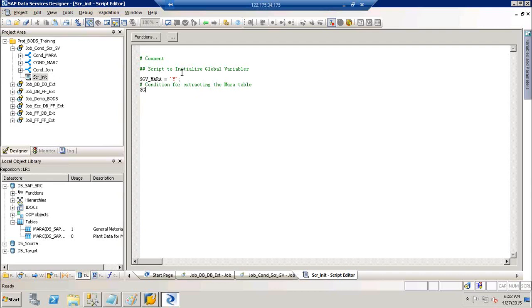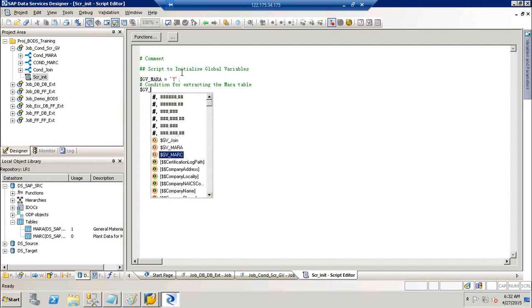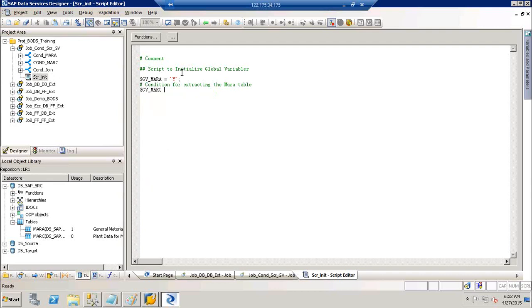Then $gv_marc is equal to 'Y', capital Y, condition to extract MARC. Then $gv_join is equal to 'Y', condition to join